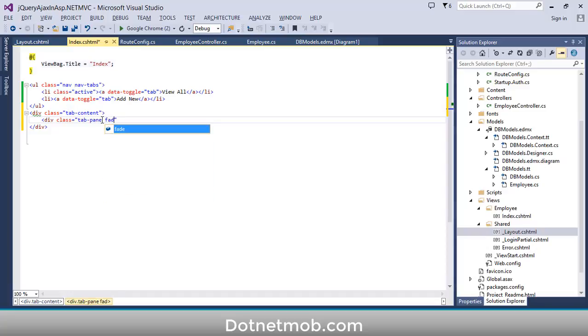Then we will add the class fade then space in. So this will add a fade in effect when we select a tab. Then we have to add the class active, since this is the content of the active tab. Inside this div we can specify the content that we want to display inside this tab. So let me type tab 1 content,